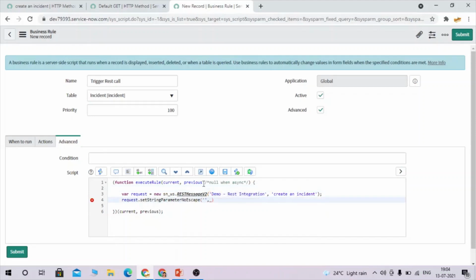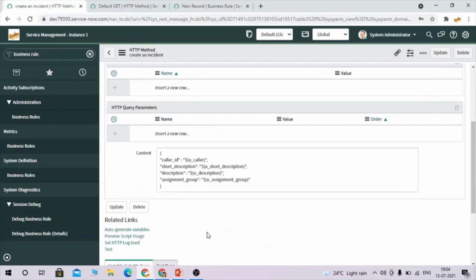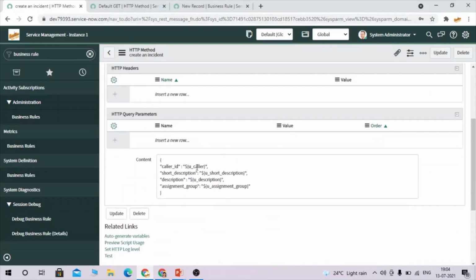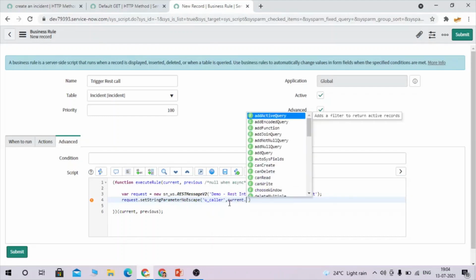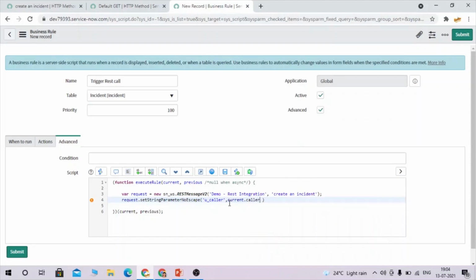Here we have to take the variable which we have defined, and this is the target field. We have to send the data that will be mapped into this variable. So let's set what we want to map into this variable. Here I want to map current.caller_id.